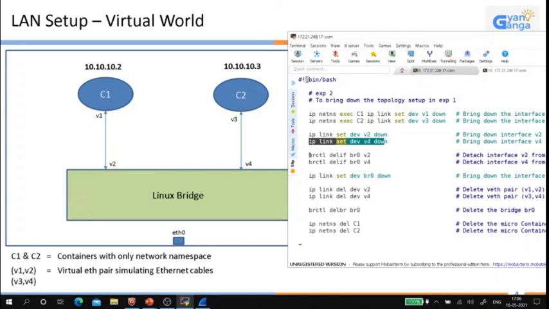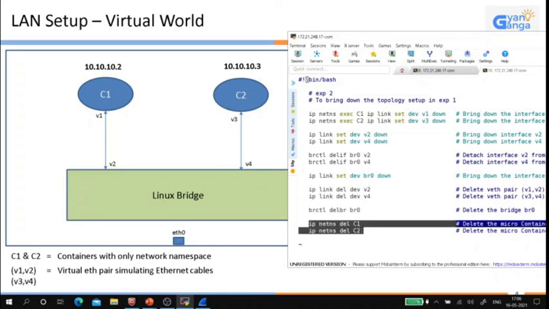Now I will detach it from the bridge, detaching this endpoint from the bridge, detaching this endpoint from V4. Okay, we use the brctl command, delete interfaces. Now I need to bring down the bridge. So I brought down this bridge. Now I can remove these cables. ip link delete dev v2. I can only delete one end, the other end will go off. Here also I am deleting v4. Either end if I delete, the other end will go off. Now I am deleting the bridge.